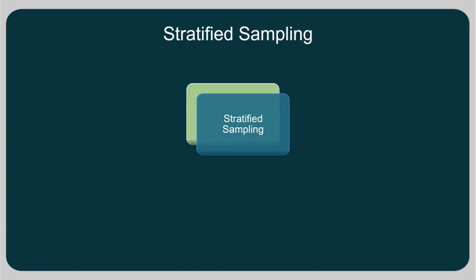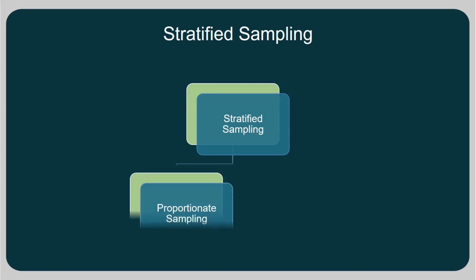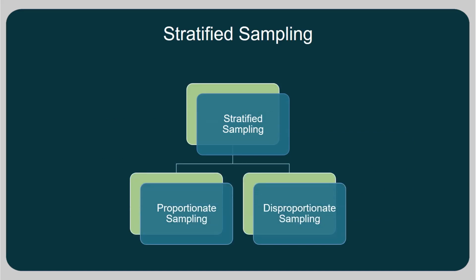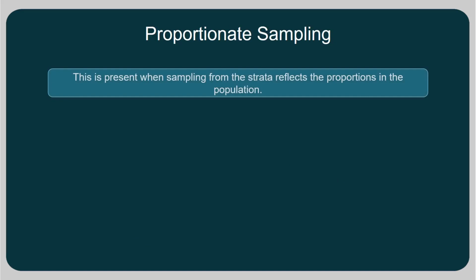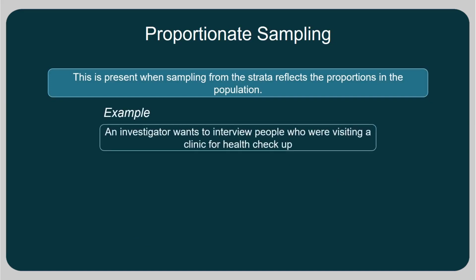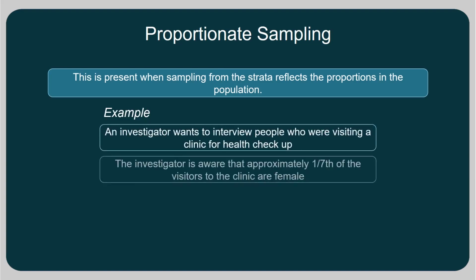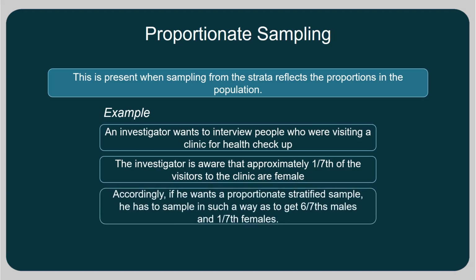There are two types of stratified sampling. One, proportionate sampling. Two, disproportionate sampling. Proportionate sampling is present when sampling from the strata reflects the proportion in the population. For example, an investigator wants to interview people who visit a psychologist in a counseling center. The investigator is aware that approximately 1/7 of the visitors to the center are female. Accordingly, if he wants a proportionate stratified sample, he has to sample in such a way as to get 6/7